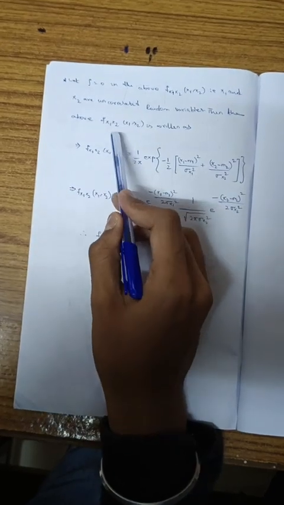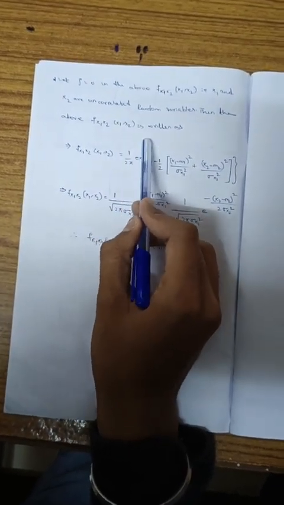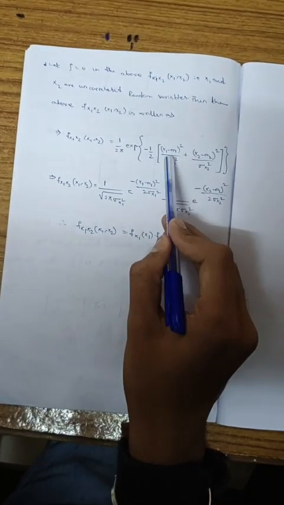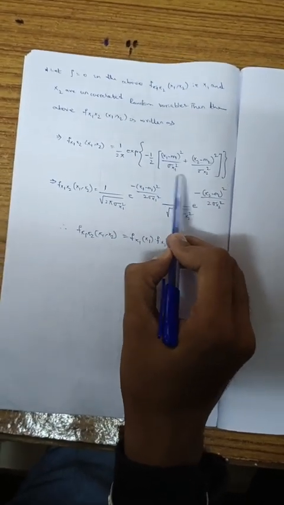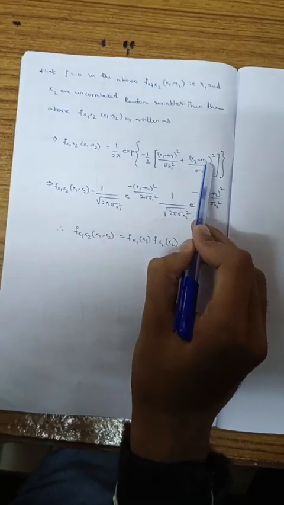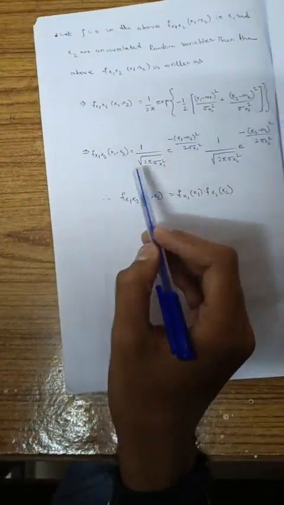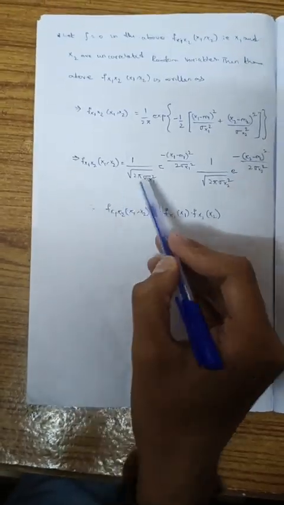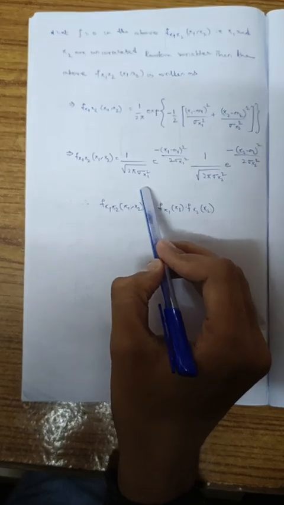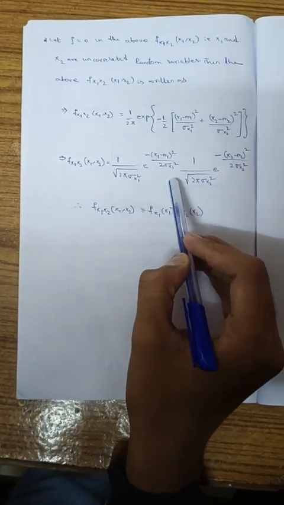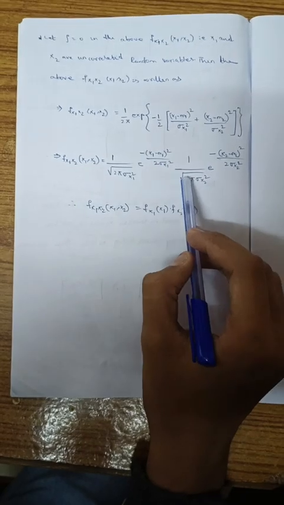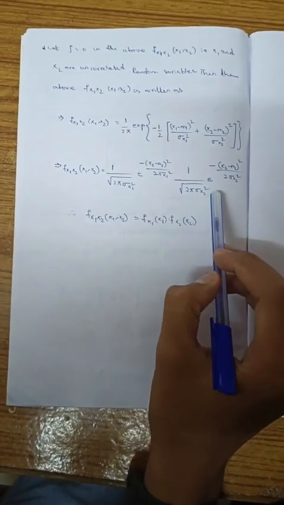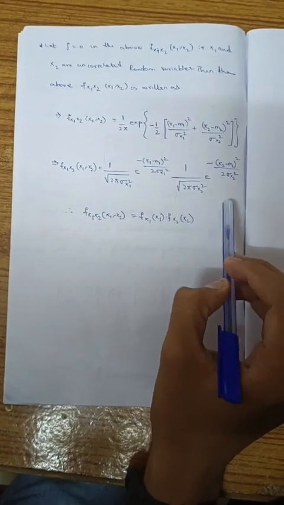Then the above f x1 x2 of x1 comma x2 is written as 1 by 2 pi exponential of minus 1 by 2 of x1 minus m1 whole square by sigma x1 square plus x2 minus m2 whole square by sigma x2 square, which upon solving we get the final answer as f x1 x2 of x1 comma x2 equals 1 by root over 2 pi sigma x1 square e power minus x1 minus m1 whole square by 2 sigma x1 square, times 1 by root over 2 pi sigma x2 square e power minus x2 minus m2 whole square by 2 sigma x2 square,